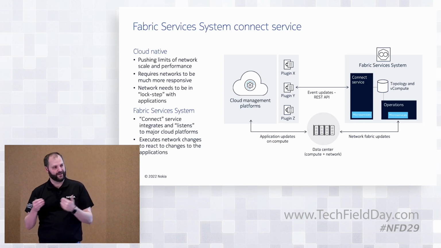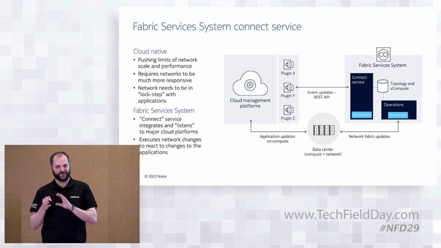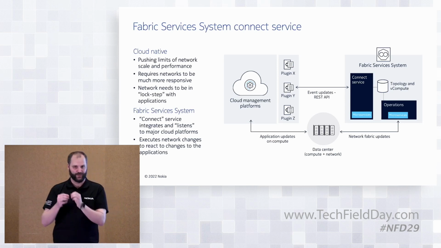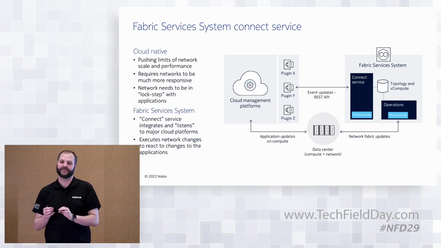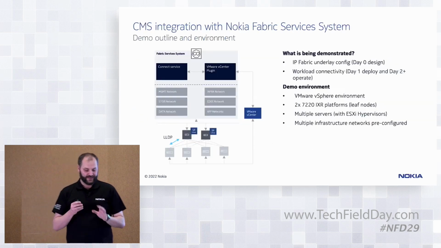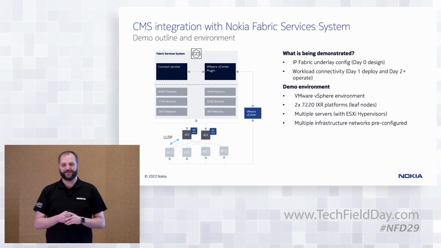Still, Connect on its own will never provision a network on an SR Linux device until it is necessary. Even in that second way of working, the Fabric is aware of the networks, but it will not provision them on the SR Linux devices until it is really necessary for the application to use, right? And so this is what I'm going to try and demonstrate a little bit.